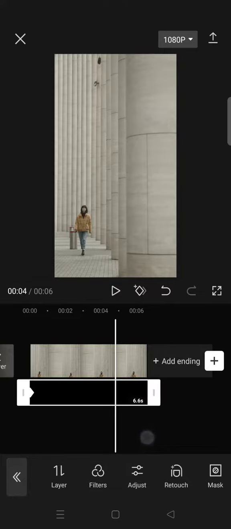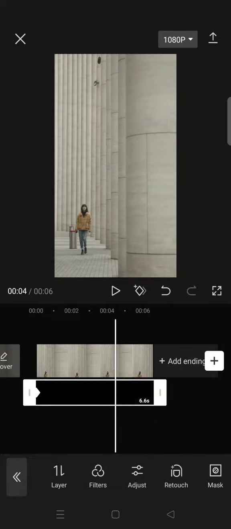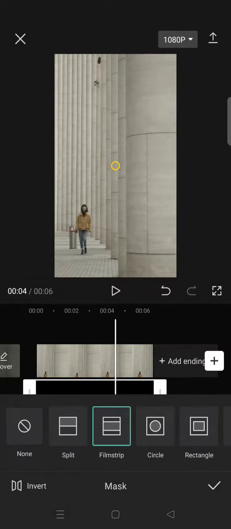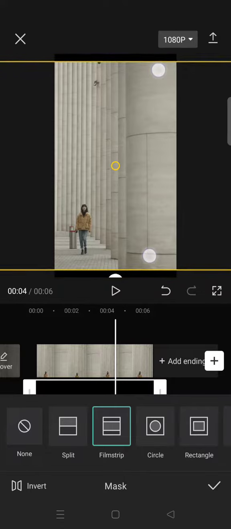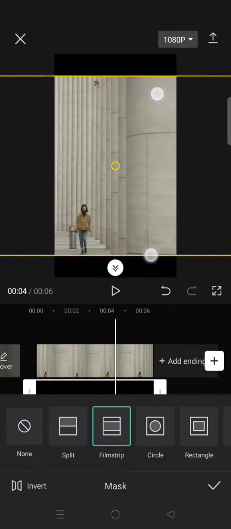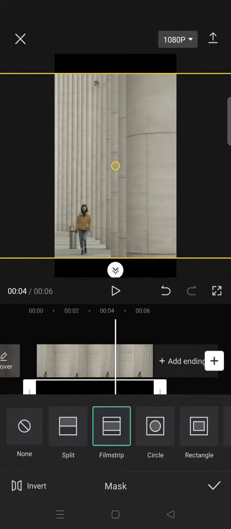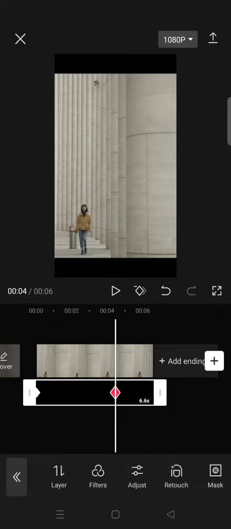Okay, I'm going to add it in here. Then go to mask again. Then zoom out the black overlay until it looks like this. Okay, I think it's enough, and then click on the check icon and add another keyframe after you move a